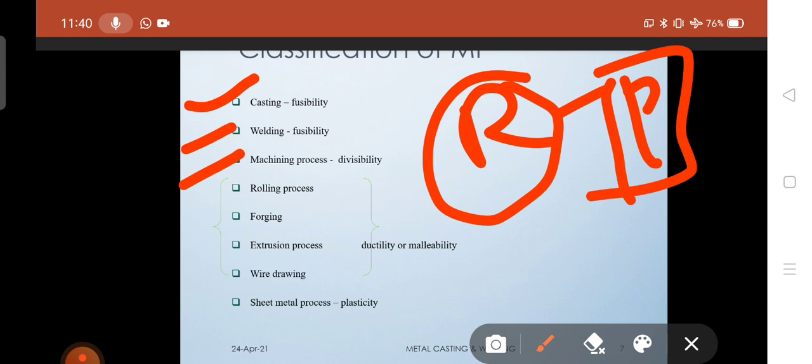It does not mean that they focus only on casting or forming. It totally depends on the accuracy required, the cost involved in the process, and the shape or size of the product.